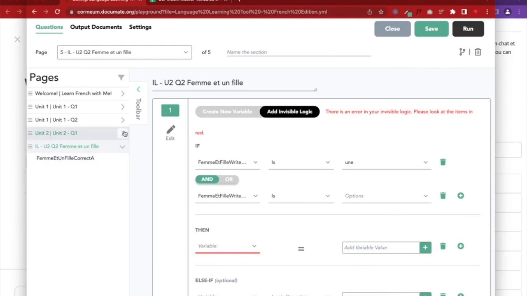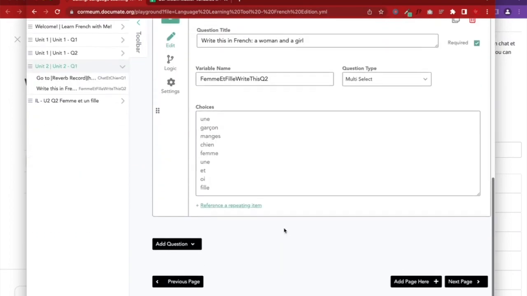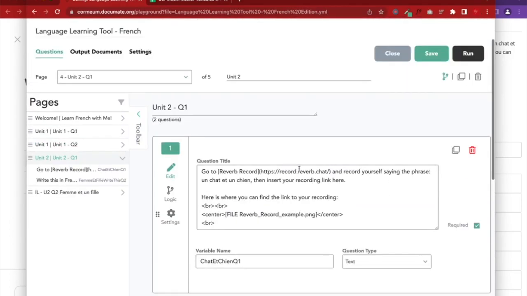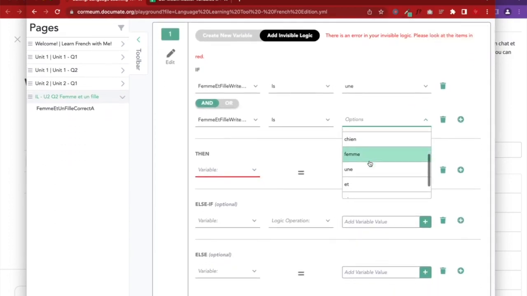So one thing I'll note as I was creating this, I noticed that I couldn't find the second une. And the reason for that is that the computer sensed that there were two of these. So in order to fix that, just in this particular instance, I added a space so that there would be a differentiation between these two to the computer. And that way I could find it on the other side. So now we can see both of the options. So I'm just going through and saying,